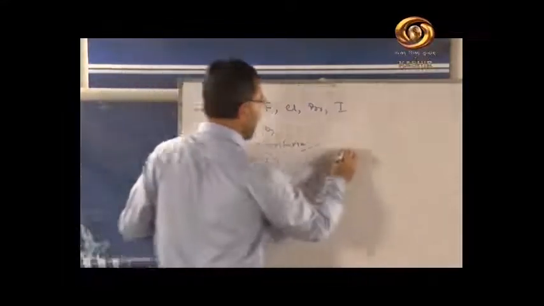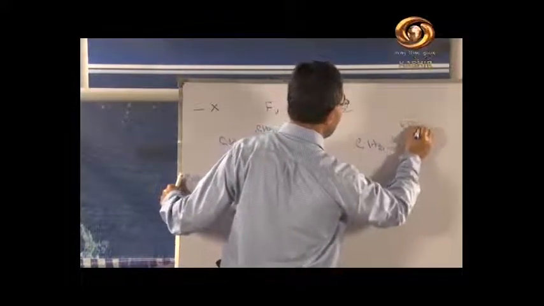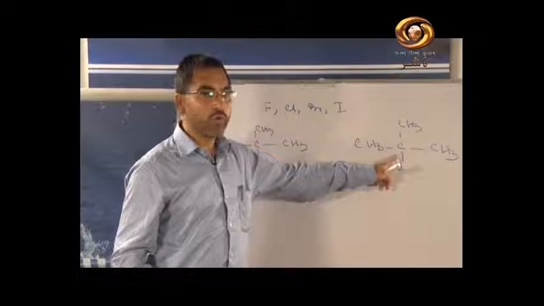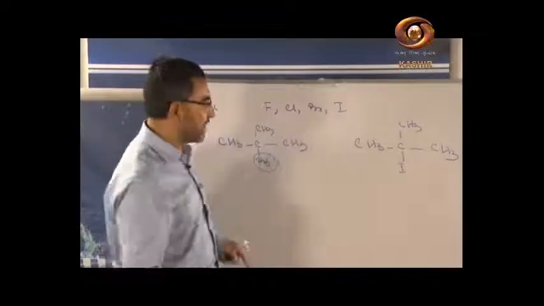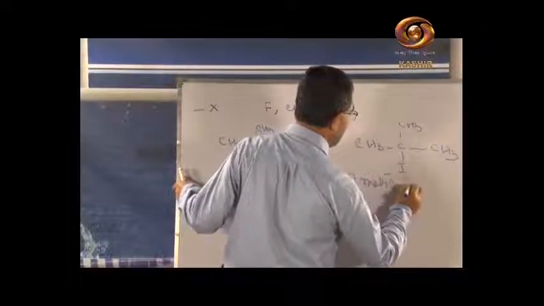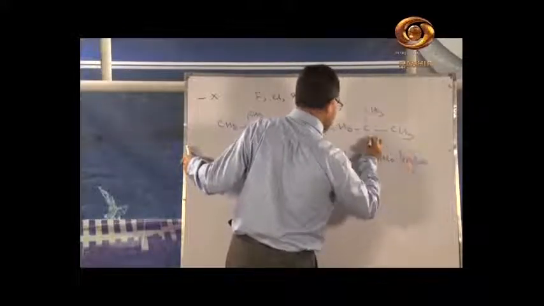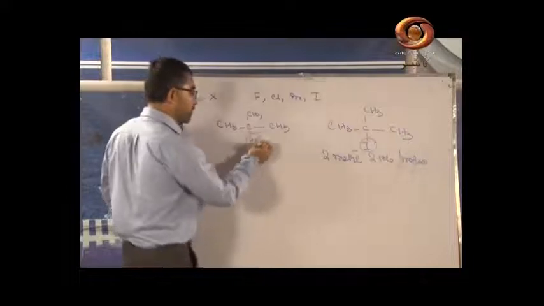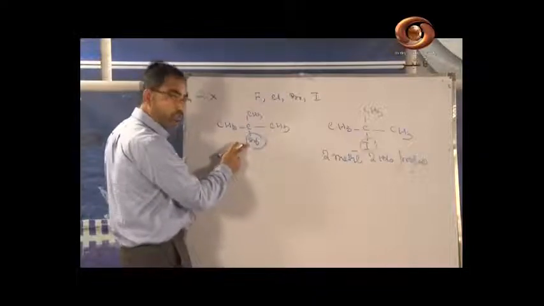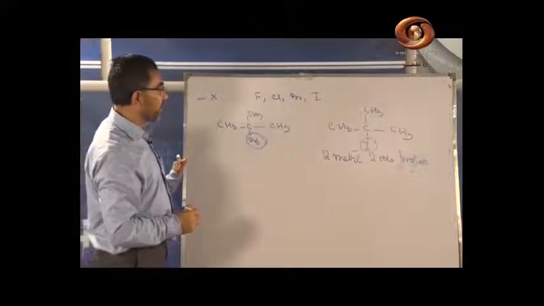Sometimes if you have the iodine like this, CH3, C, I, CH3. If it is a compound like this, what is the name of the compound? It will be 2-methyl, 2-iodo propane. I will write for you. Remember the alphabetic order: 2-iodo, 2-methyl propane. Here, this iodine is the functional group. Here, this bromine is the functional group. 2-bromo, alphabetic order: 2-bromo, 2-methyl propane. Here, this bromine determines the chemical properties of the compound.